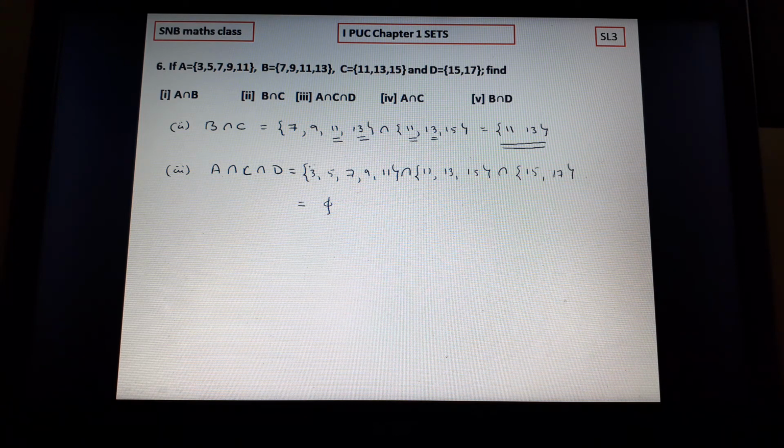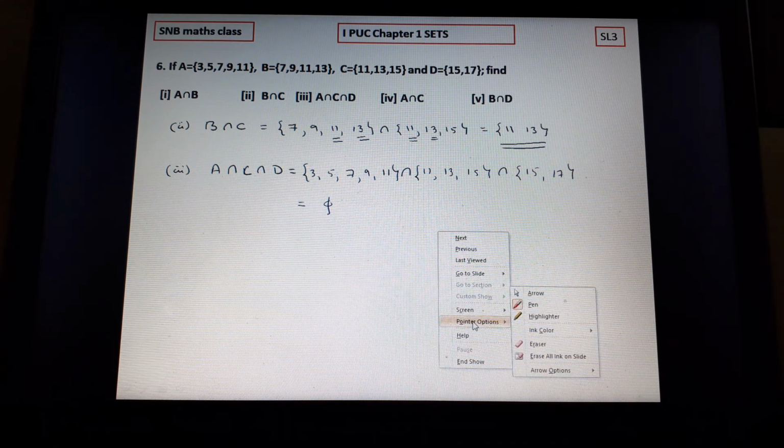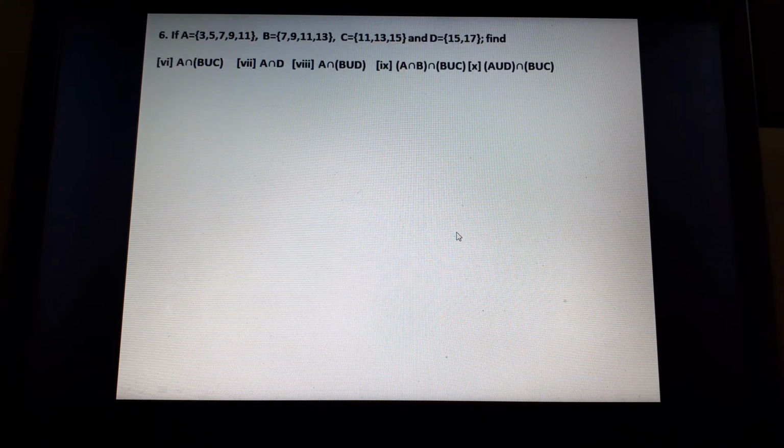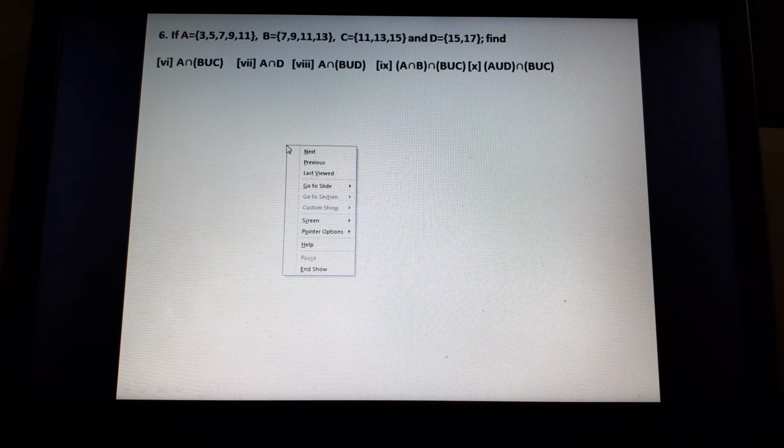Suppose you have difficulty in writing directly like this. What you do is, first you take these two intersection. Then with that you take this. Then also it's okay. So this is pi. So the rest of the things you can do similarly. Then this also. Let us do a few questions.